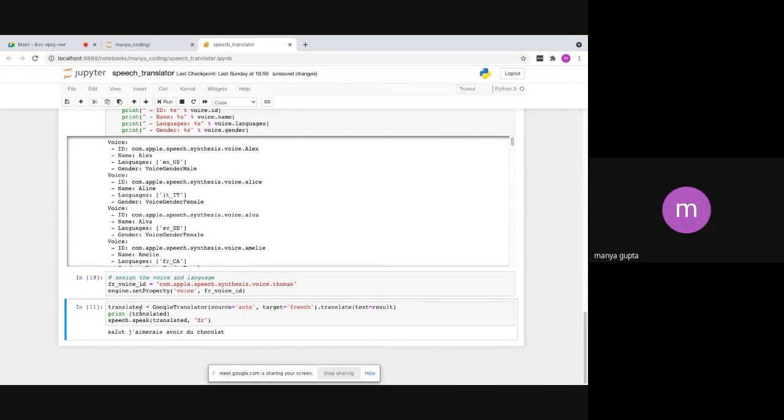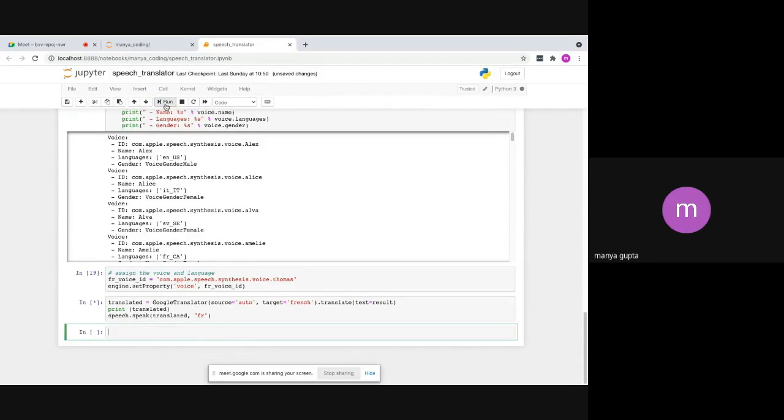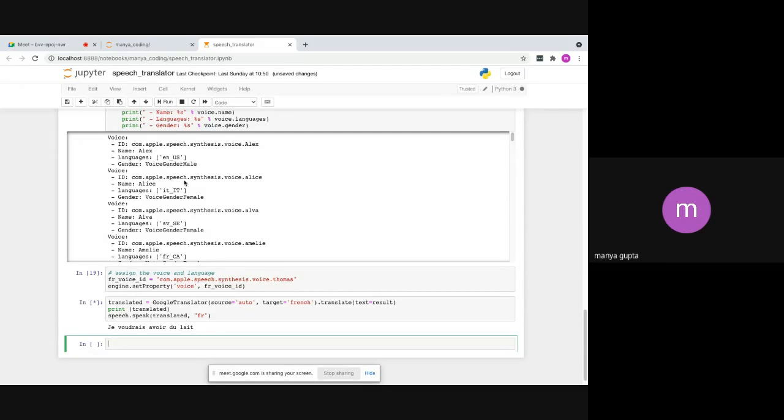So here it translates English into French. Je voudrais avoir du lait. So this is how it works. And now mom has to buy me a doll.